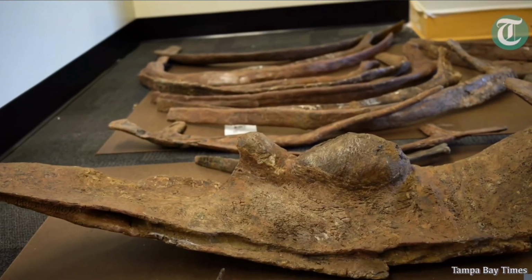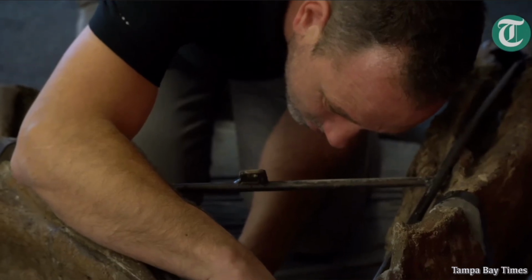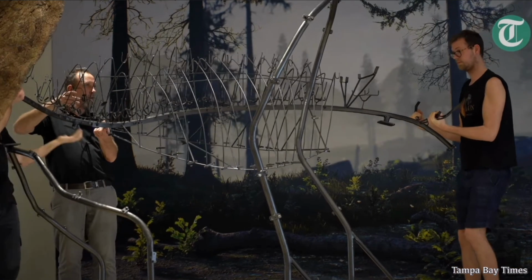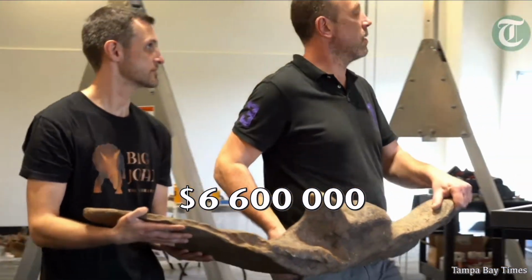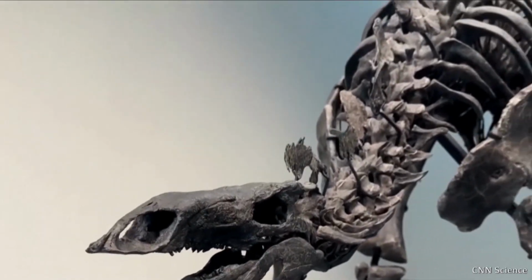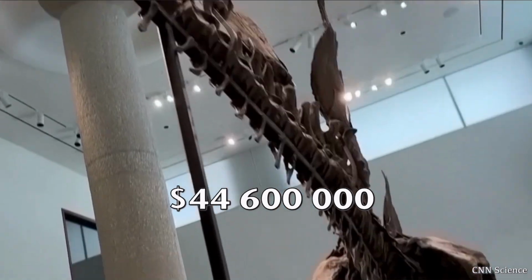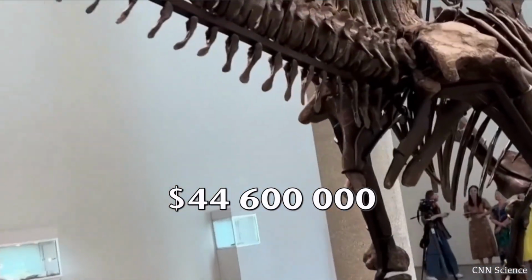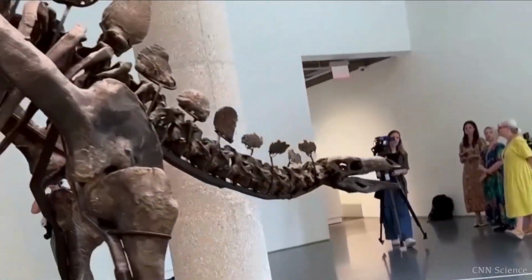In October 2021, Big John went up for auction, expected to reach about $1.5 million. He eventually sold for $6.6 million, the most expensive non-Tyrannosaurus fossil ever sold at auction at the time. This was blown out of the water by the Stegosaurus Apex selling for $44.6 million in mid-2024, the most expensive fossil auctioned ever. Big John's buyer was anonymous, and Stein stated,